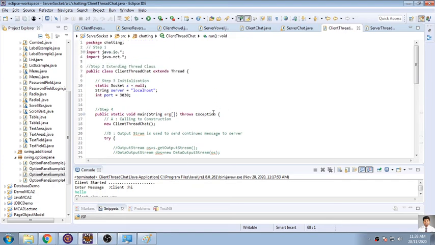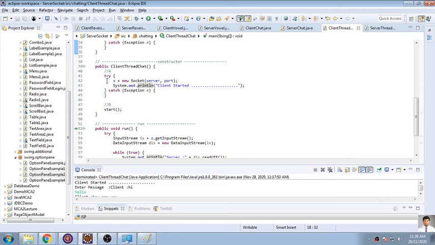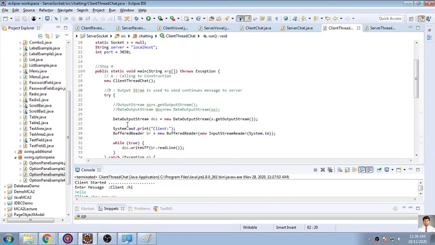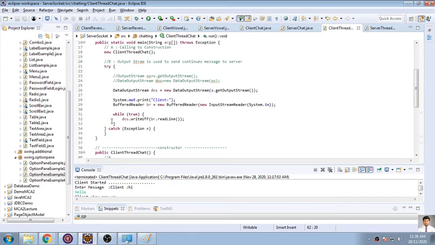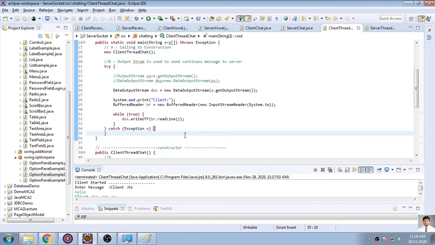Are you clear with this? We have divided the main program into two different threads with the help of the constructor. The constructor is just initializing your socket object and calling the run function. So run will be accepting something from the server, and your main function will be sending something to the server. So we are dividing your program into multiple threads. Yes, are you clear with this one? Yes, everyone?